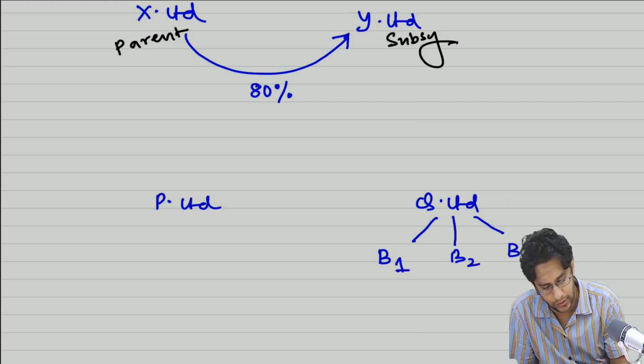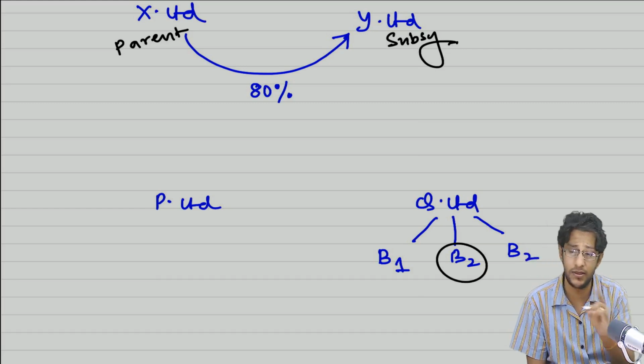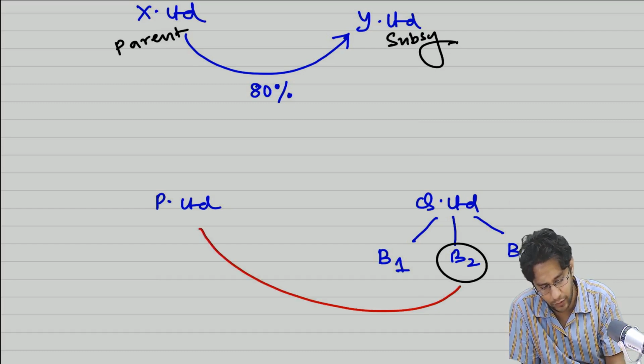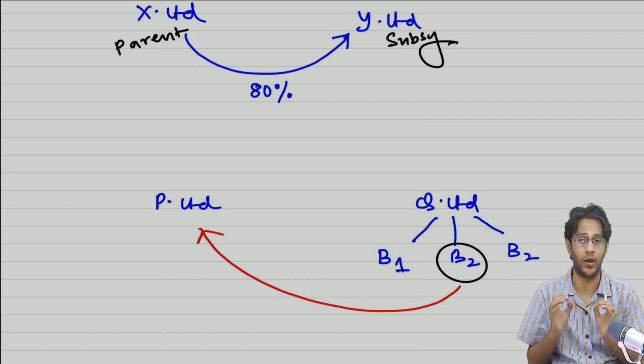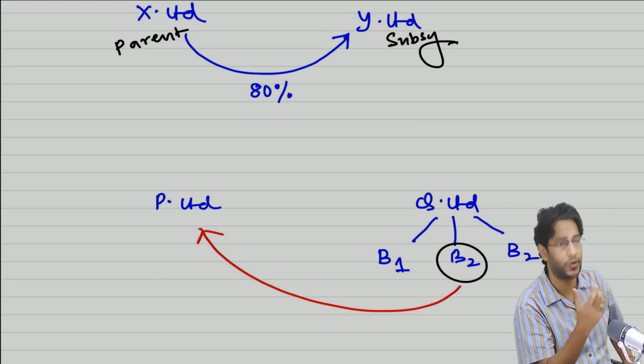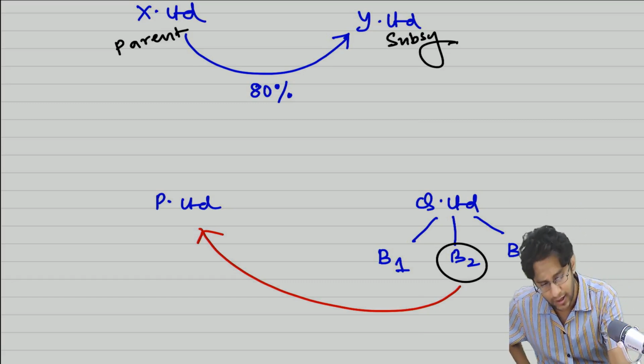Now P limited has taken over not the entire Q limited, but one business. So the second business of Q limited, that alone they are taking over. If that unit alone is constituting the definition of business according to Ind AS 103, then P limited has done a